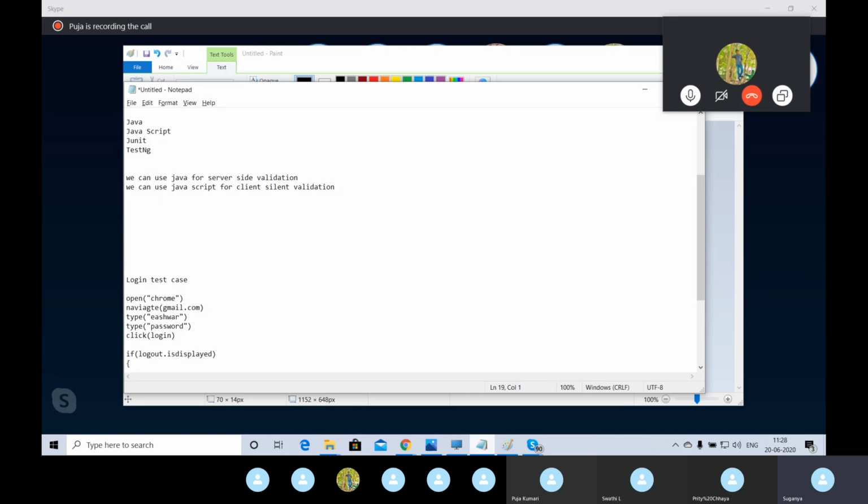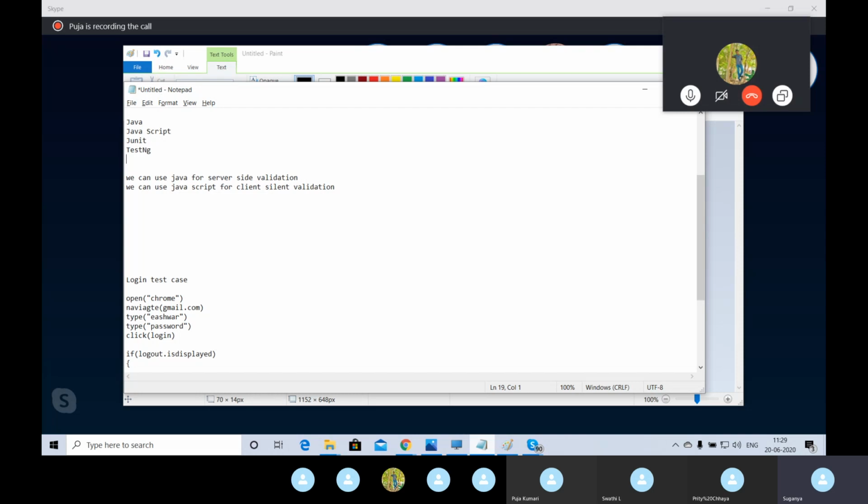Okay, so again, after TestNG, we also have a latest concept called Cucumber. That is an advanced testing template, which we are going to see after Selenium. The hierarchy of unit testing template tools is initially we have got JUnit, then we have got TestNG. Now recently we have got Cucumber. You got it, guys?